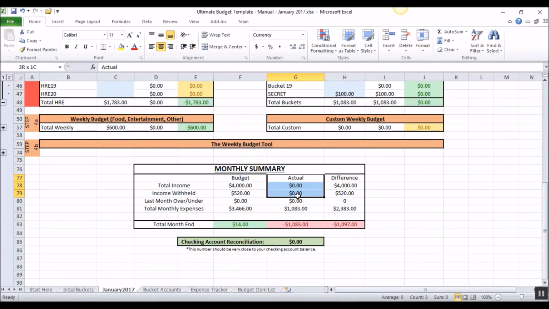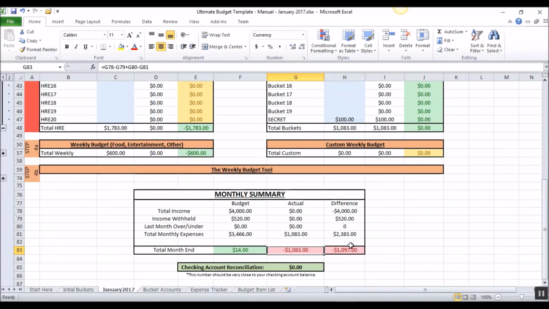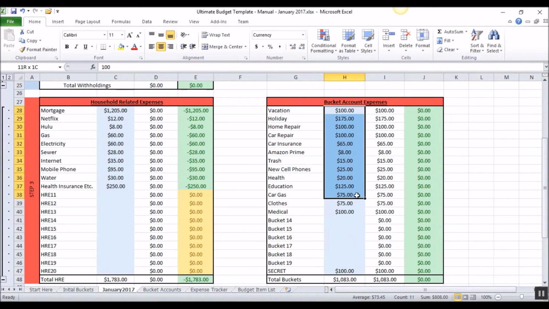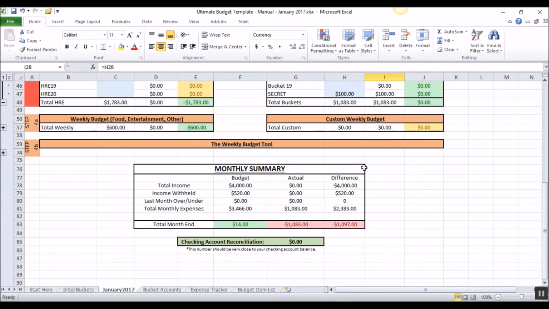Now you'll see that my actuals are coming in at 0, 0, 0, and 1,083. That gives me a negative for the actuals of the month. Why is that? I'll tell you this. What's going on is that when you fill in your bucket accounts, they are automatically deducted from your current income. So because I have no income right now, I'm now running at negative